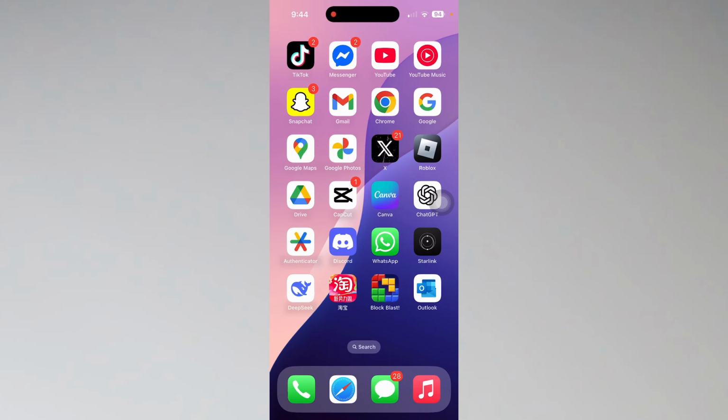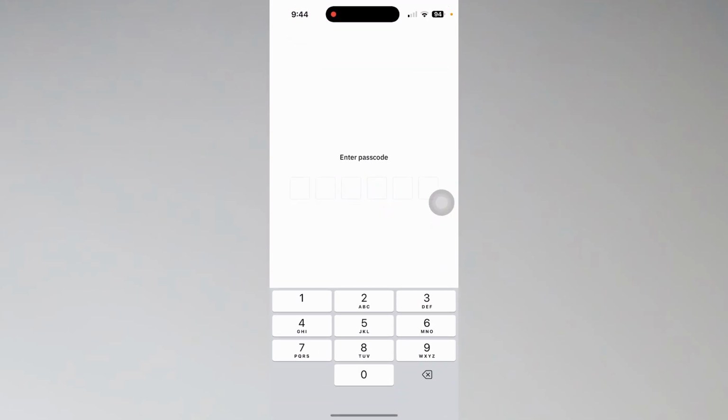Hey everyone, welcome to our channel, and in this video I'm going to show you how to enable dark mode on Trust Wallet. So if you turn on or you have entered the application, it will ask for the